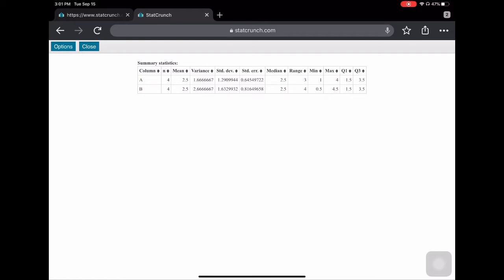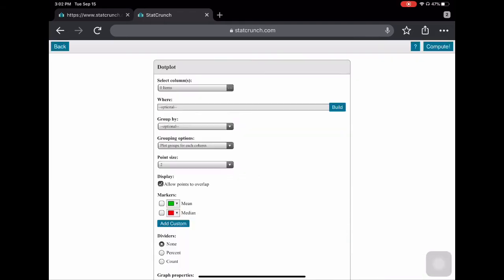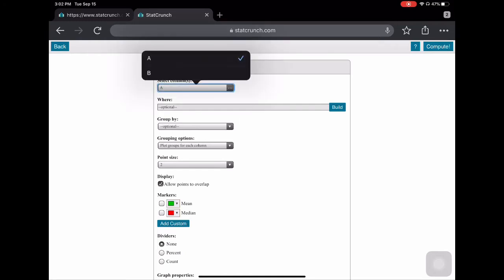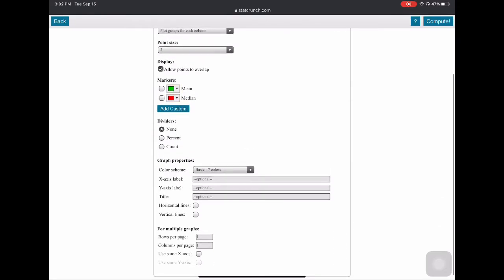Next, I'm asked to graph a dot plot of each. Since the means are the same, do I think they have the same variation? Are they spread out the same? I'm going to graph a dot plot, and I'm going to select both of them. And for my graphing properties, I just want to make sure that they are using the same x-axis